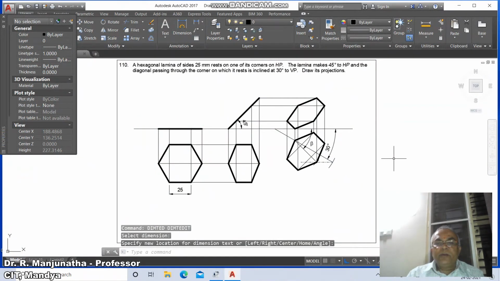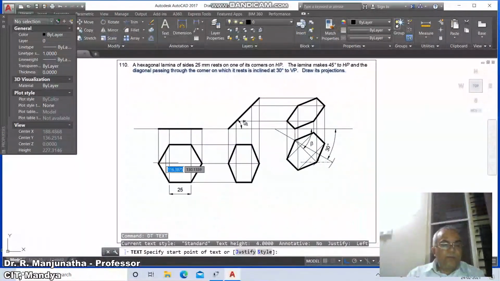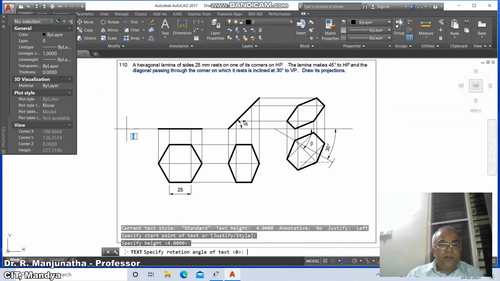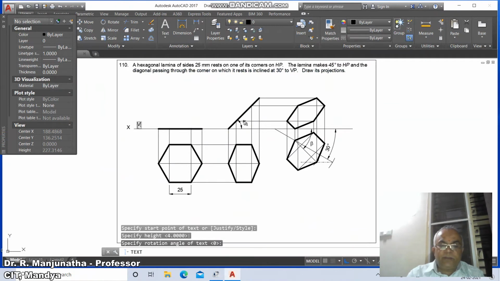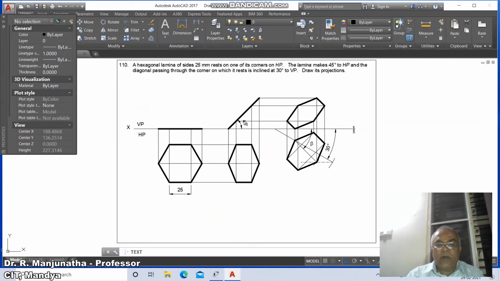So now we are going to have the text to be written. So go to the text, put the caps lock on, type X and you mark this as VP and you mark this as HP, and here you type this as Y and switch off the caps lock and type A, B, C, D, E and F. Similarly A dash and type B dash and type C dash and type D dash and type E dash, and here you type F dash.